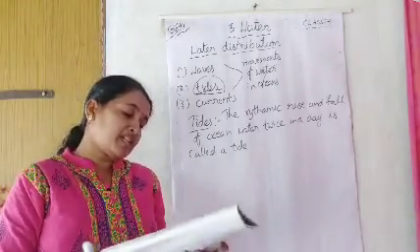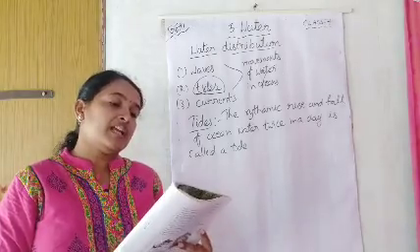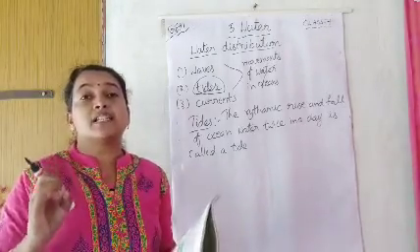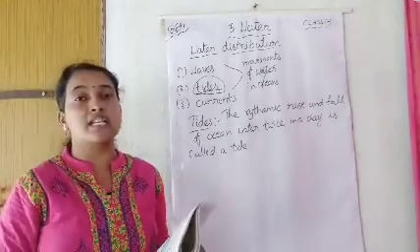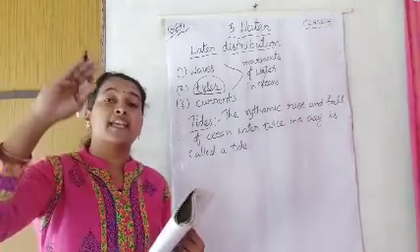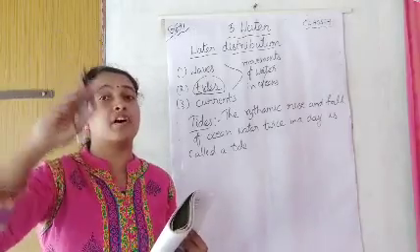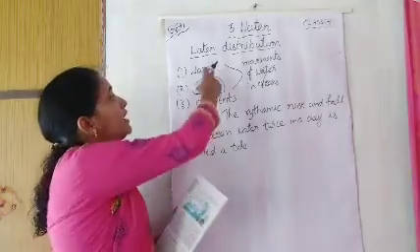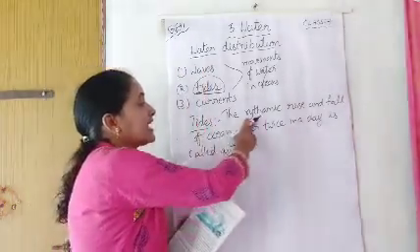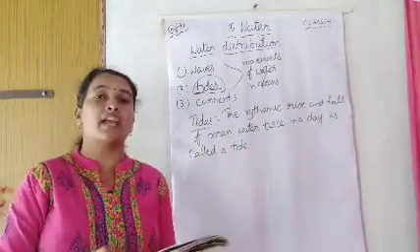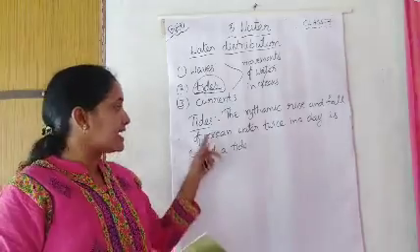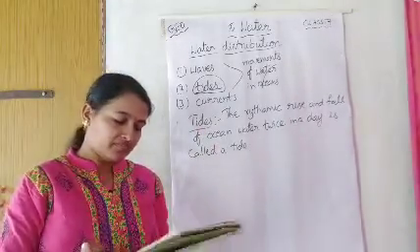Here, what are waves? When the water on the surface of the ocean rises and falls alternately. The alternate rise and fall of ocean water is called waves. And what are tides? The rhythmic rise and fall of ocean water twice in a day. Twice in a day, they are called tides.